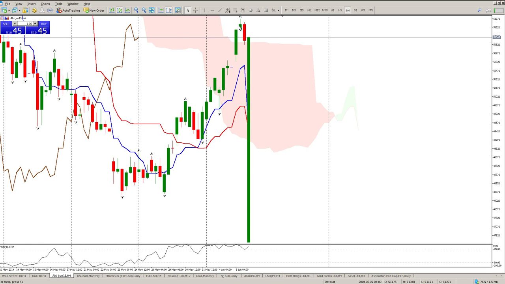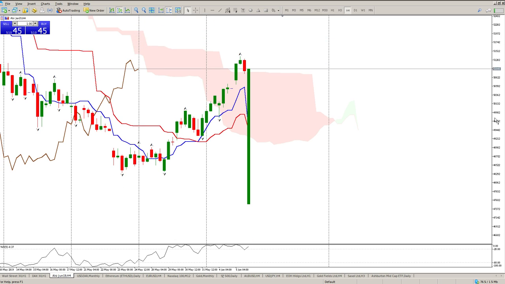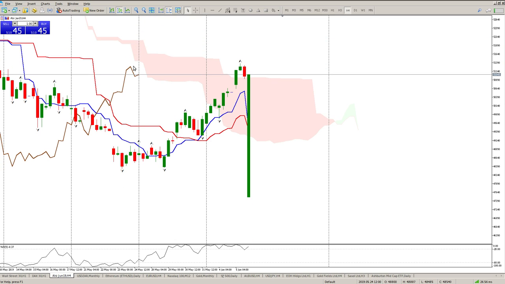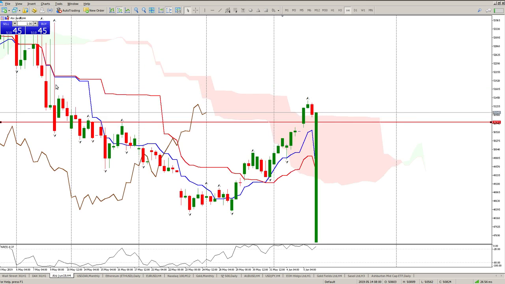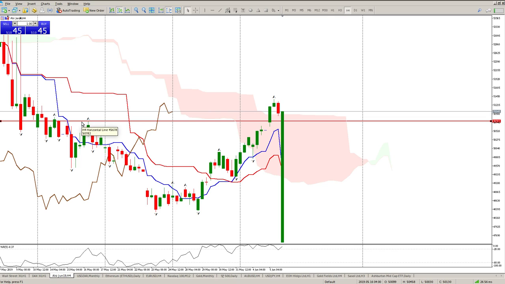Except the 4 hour, we've broken through the cloud and we've come back to test the break of the cloud. So often we've had a twist through price here, we've had a twist there. So all these long-term signals are bullish. We've broken through the cloud, but I would expect a pullback. Okay, I'm not saying fall to the floor, I'm saying pullback. So look to the left, look for a higher time frame area where you can pull back to. That's definitely something to pay attention to, and even a deeper one down to this kind of area here. So I'm definitely looking for a pullback before looking to commit to